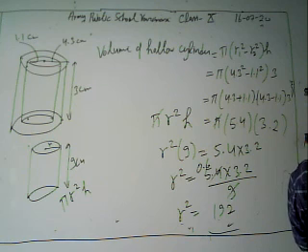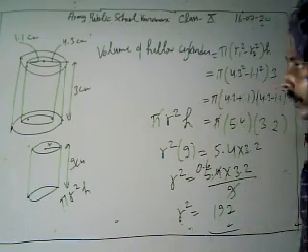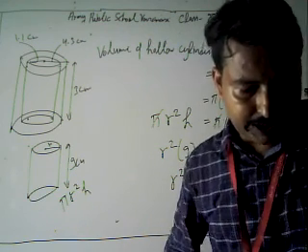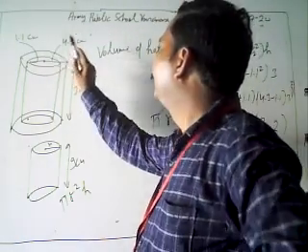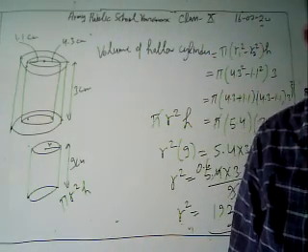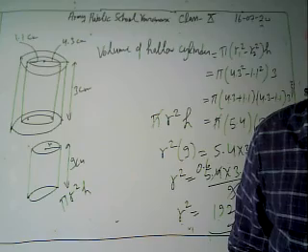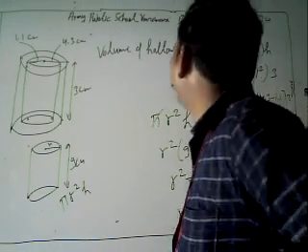We are given a hollow cylinder of height 3 centimeter, recast into a solid cylinder of height 9 centimeter. The height is 9 centimeter there. If the external and internal radii of the hollow cylinder are 4.3 and 1.1 centimeter respectively, then find the radius of the solid cylinder. First we find the volume of the hollow cylinder.